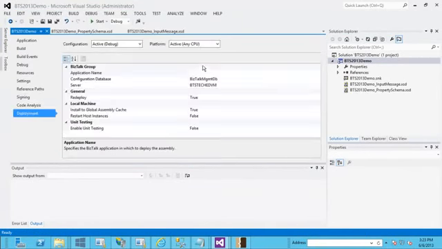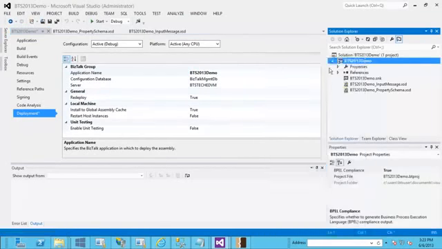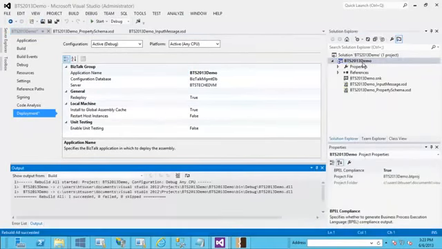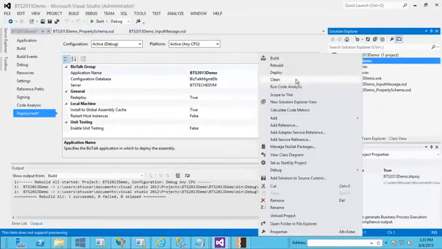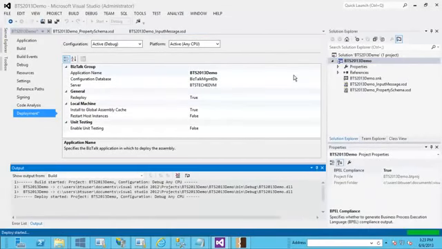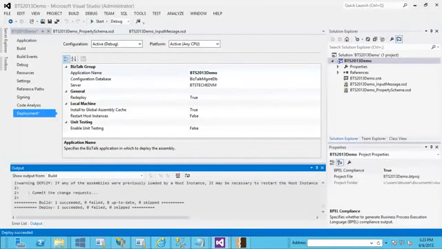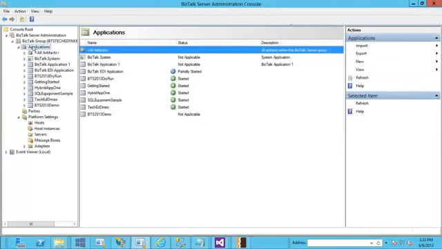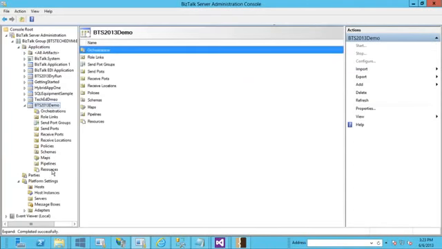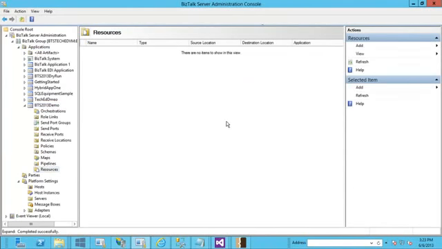Now it's signed. I'm going to say that I've already created a BizTalk project called BTS 2013 demo. Let me build this, and then let me go ahead and deploy this. So the deploy is started. It's now completed. So let's go to the BizTalk admin console. Make sure that the schema which we just deployed, BTS 2013 demo,